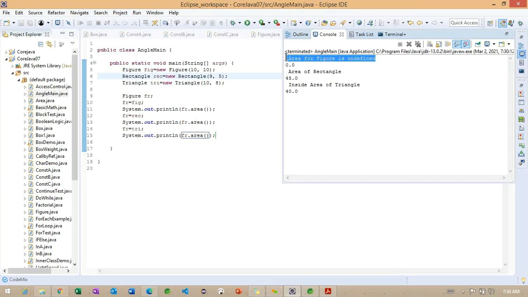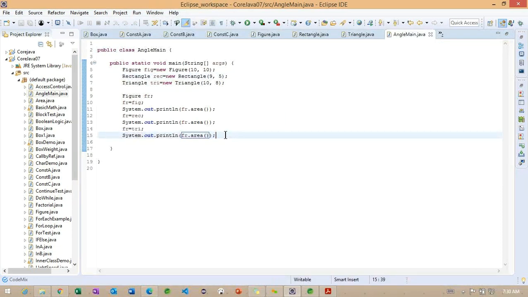So the superclass, the figure class method, is executed, and then the rectangle, and inside the triangle. In normal day-to-day activities we are going to use this kind of example. It's like a mathematics-related example. We can work like this here. Getting the point. So this is also one kind of the inheritance concept here, but now based on the particular object reference, the method being called is changing here, and if we observe carefully, we don't have anything.